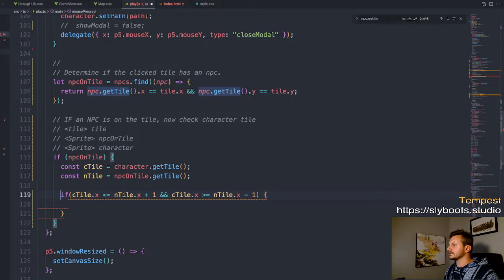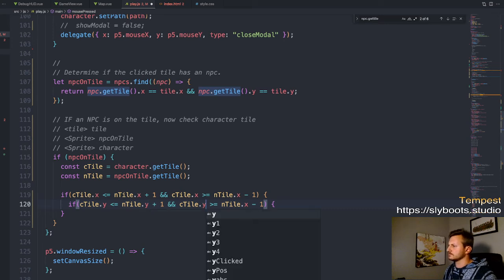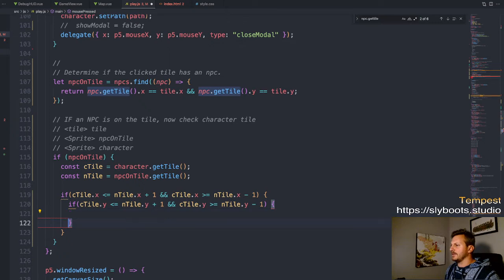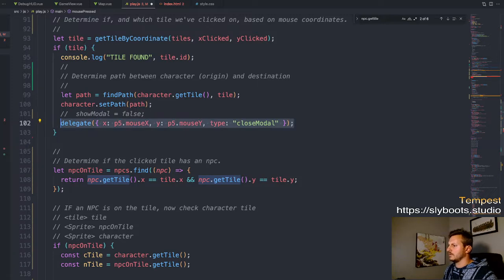We're going to copy that same line and paste it again, and this time we're just going to change all the X's to Y's. Okay, and if that's true, now